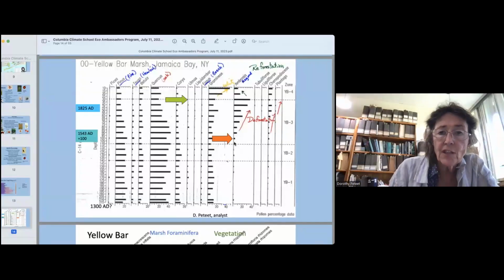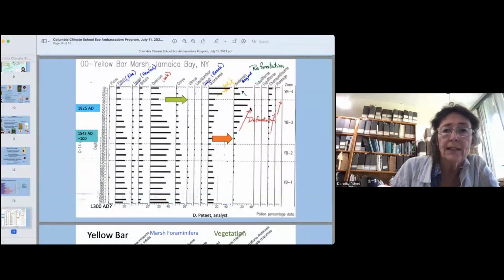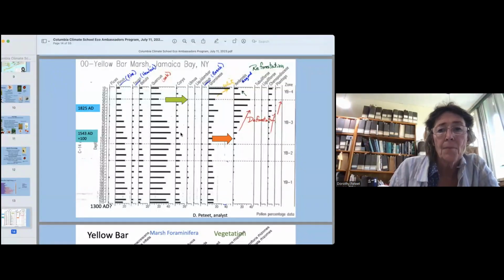And what you do see increase with this orange arrow is ragweed, really increases, and then declines in the 20th century when grass increases. And I'll come back to this. But it's a lot of information. These are deforestation herbs as well. So now we have a